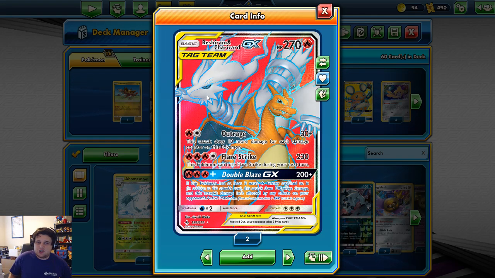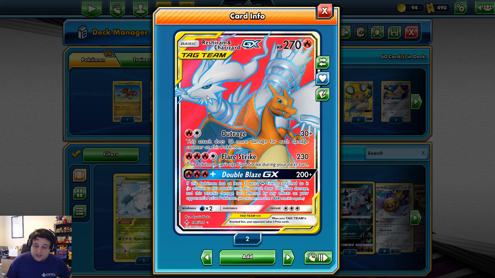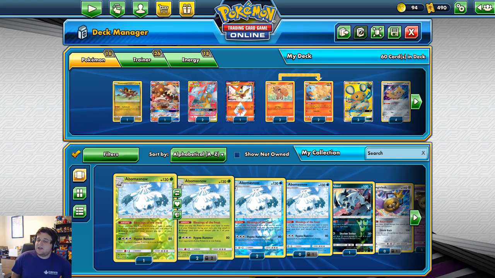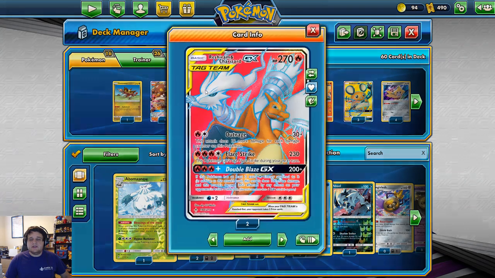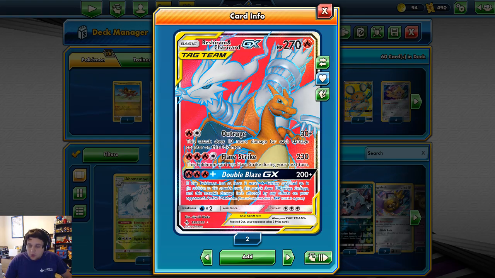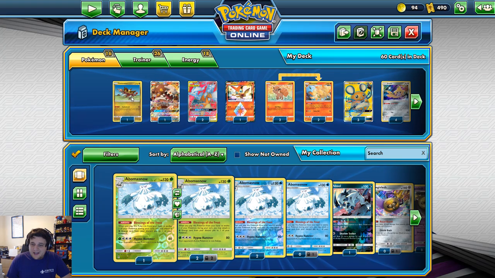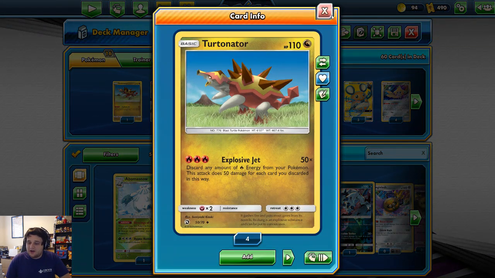And Double Blaze GX, 200 base damage if this Pokemon has at least 3 extra Fire Energies attached to it in addition to this attack's cost. This attack does 100 more damage, and this attack's damage isn't affected by any effects on your opponent's Active Pokemon. So really the idea behind this deck, at least against other Tag Team decks, is going to be trying to get a turn 2 300 damage Double Blaze GX knockout, and then on turn 3